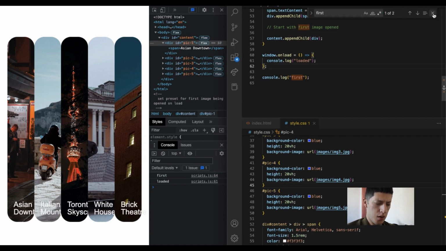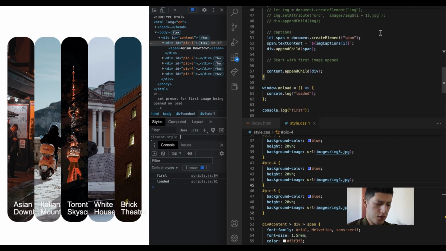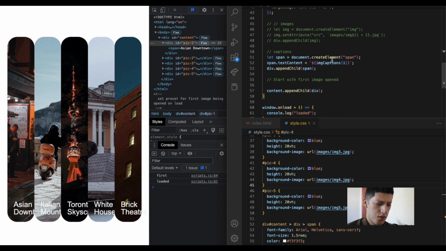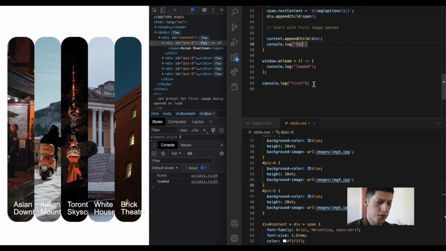Okay. Let me do one more test. I want to make sure that all of this loads, because I'm gonna be using these elements here. So obviously, if they're not loaded, can't use them. Okay. So I'm just gonna do a console log and we'll say for loop. We'll just say for. And then for this one, I'm just gonna go ahead and delete it. Alright, so what needs to happen is for, then loaded. For, then loaded. Okay, cool. Perfect. So on load,